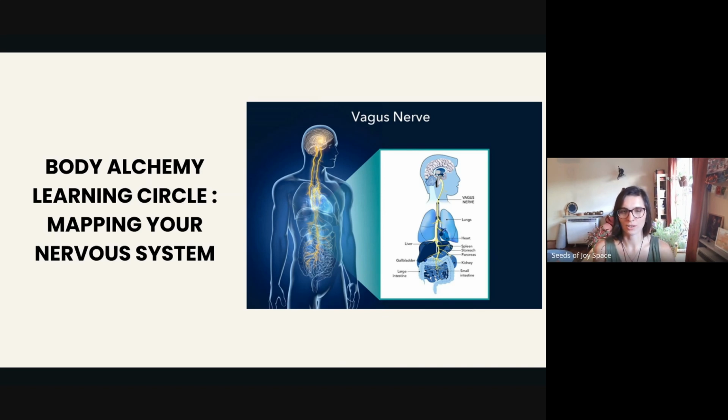The nervous system is connected through so many other systems that if there is something out of balance, it will manifest in our physical body in how it functions. So yeah, that's what it does. It's really, really important. And just a little bit more on the vagus nerve. So the vagus nerve provides a direct link between the body and the brain through a two-way communication system.